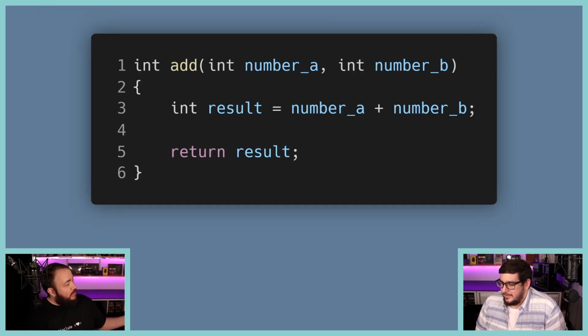It would be annoying to use. So an example, like you said, add. Here I am creating a function called add. And what is the return type of this one? Result. The type of it. Oh, int? Int, yes. So the name of it is add. It takes in 2 numbers, which are of the type ints, with the names number A and number B. And then on line 3,